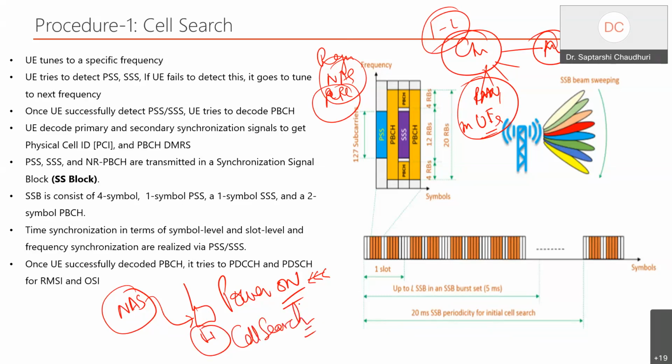Okay, so this is the master actually. When the system is switched on, the role of the NAS comes, because if you see the hierarchy of the stack, the NAS is the first guy, then the RRC, then the PDCP, RLC, MAC actually, that's the way. And the layer 1.